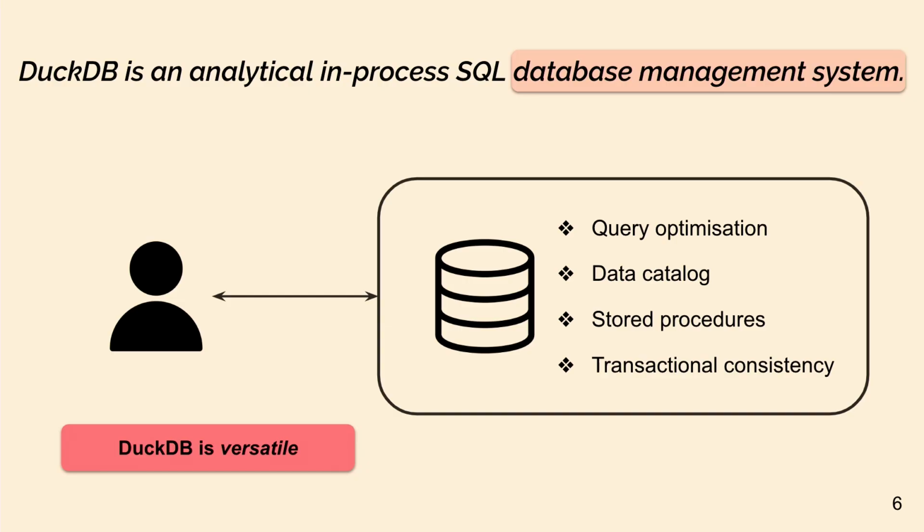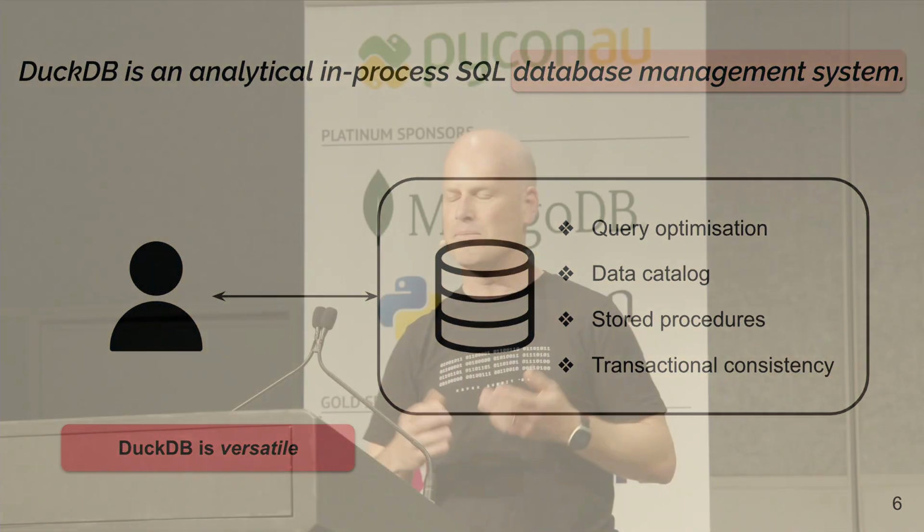So you get things like query optimization, data catalog, stored procedures, transactional consistencies. These are the characteristics that you get from a data processing system such as a database. That means you've got a bunch of features at your disposal which really helps with your workflow. And maybe from a situational perspective, that helps folks like data scientists who want to do analytical workflows, such as